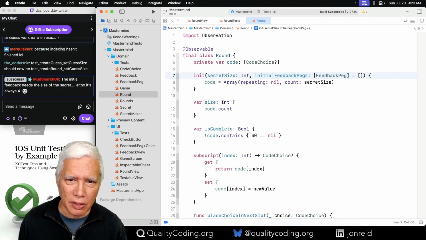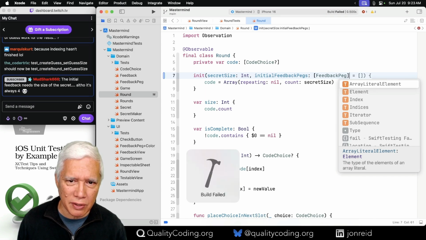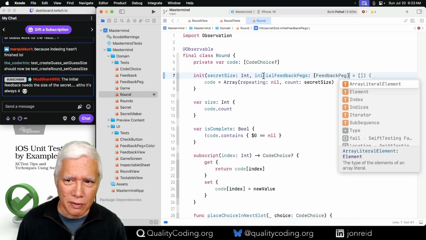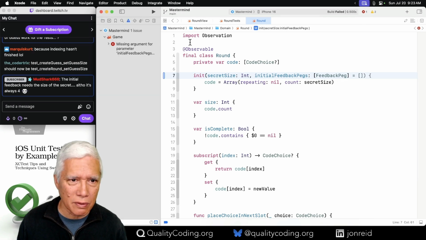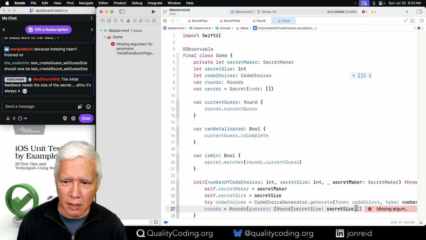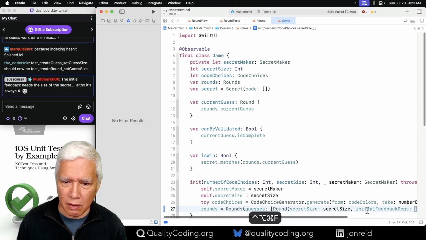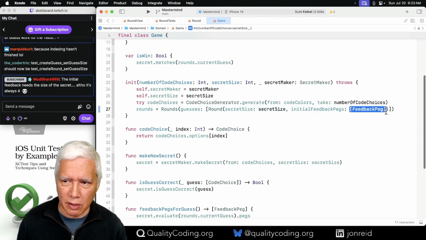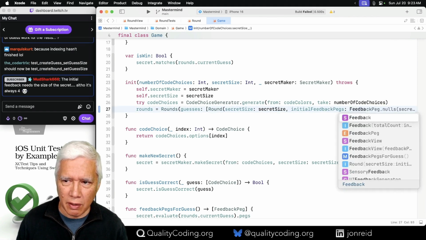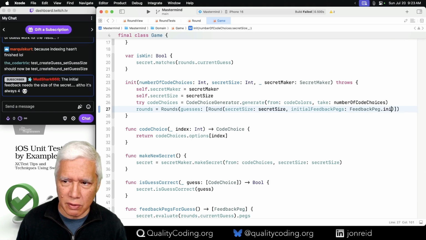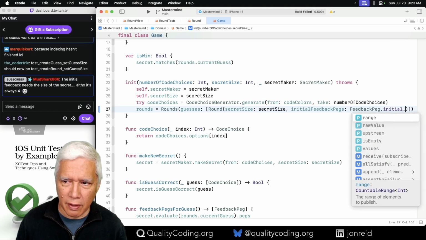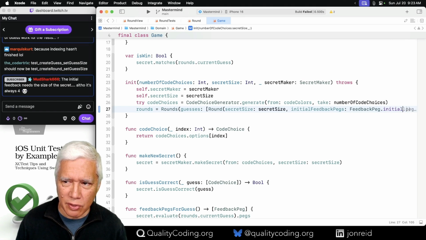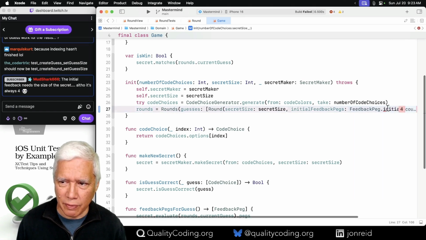And I don't think it should. The secret size, here's the problem. If I say, okay, you have to provide the initial feedback pegs, which are, there's the fail. And this says, what are those initial feedback pegs? Well, it is taking feedback peg initial and getting initial, what is it?